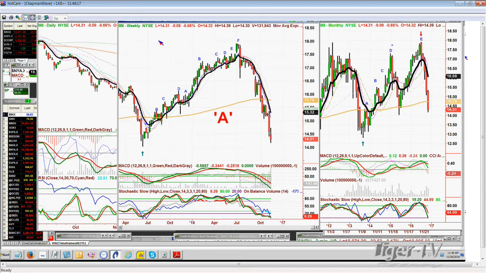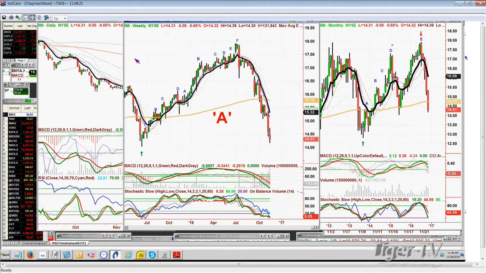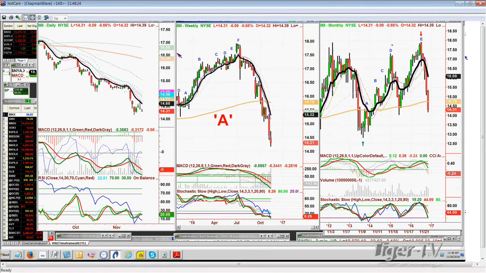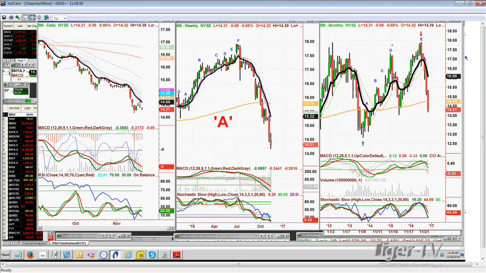Yeah. So now you don't have any position. What you're saying to yourself is, hey, wait a minute, if there is a bottom that's going to come in very soon, a top in yields and a bottom in bonds, then this would be a lovely vehicle, even if it's just a percentage gain at 14.31, a bounce to 15.32, 15.78, which would be about a 35% bounce in terms of the yield.